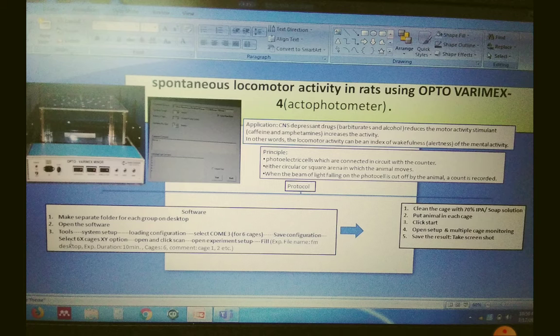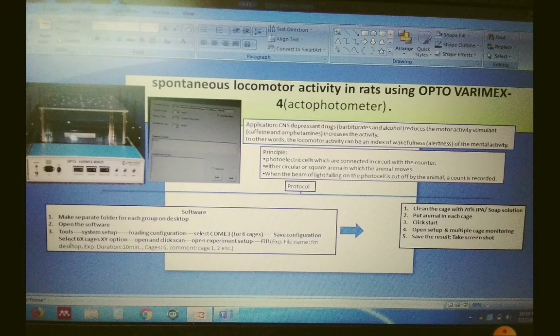So if we see it from the software perspective, before going to the actual experiment, we need to do some settings in the software. It may vary as per your software, but this is the general protocol. First of all, you need to make a separate folder on the desktop.